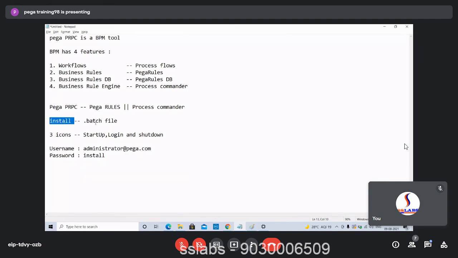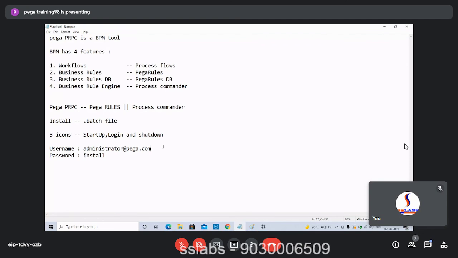It's a .bat file extension. You need to double click on it, and then a pop-up will appear. You just need to click on next, next, and next, and then leave it for 15 to 20 minutes. After that, you'll be able to see three icons on your desktop: startup, login, and shutdown.